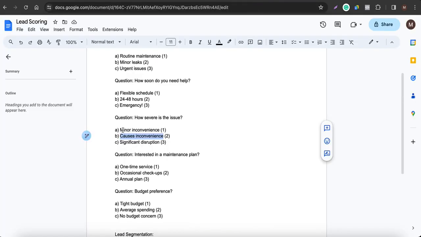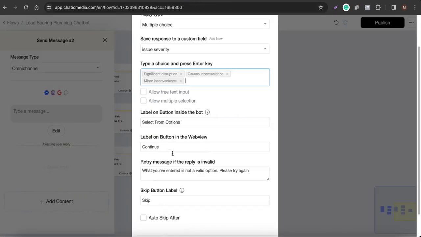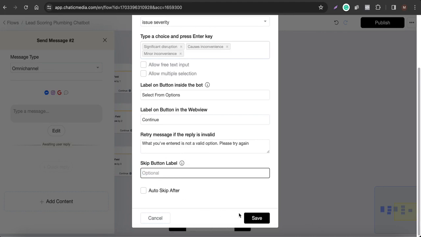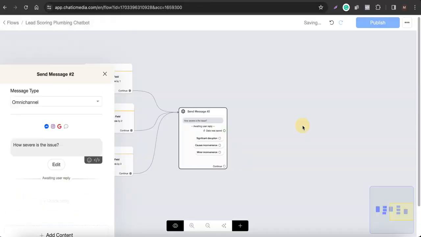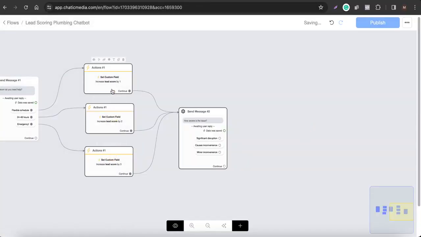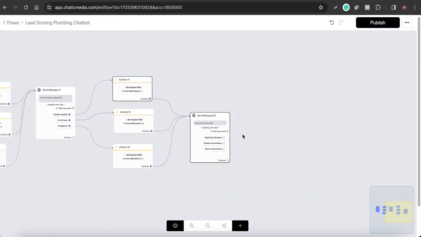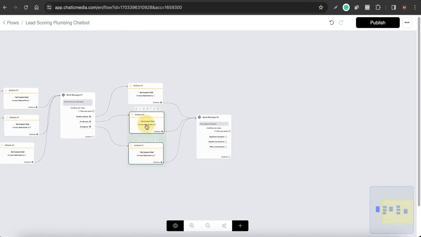And here we have the other option, minor inconvenience as well. Remove the skip button as well, and here you can add the question over here. And again you can simply copy these blocks and paste it over here,